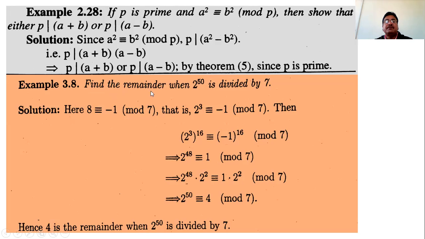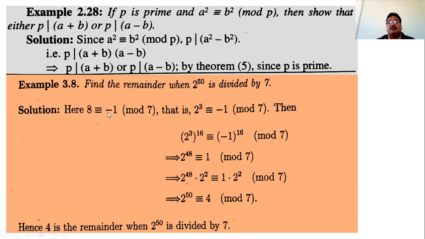So this is the example. Find the remainder when 2 raised to 50 is divided by 7. So here, 8 is congruent to minus 1 modulo 7. Why is it congruent to minus 1 modulo 7? Because 7 divides 8